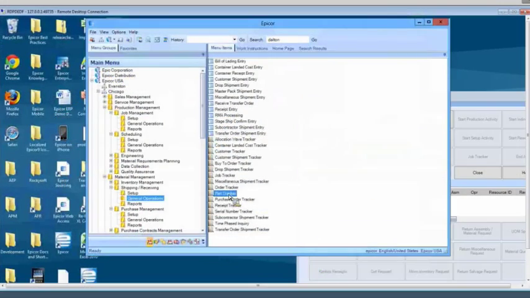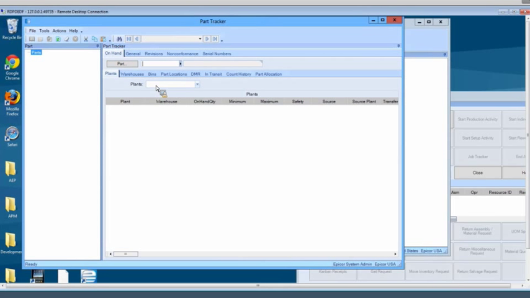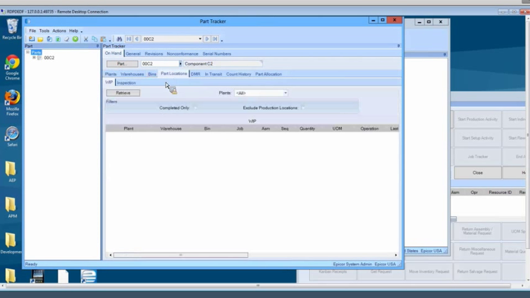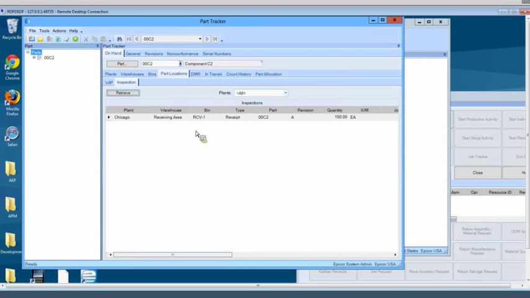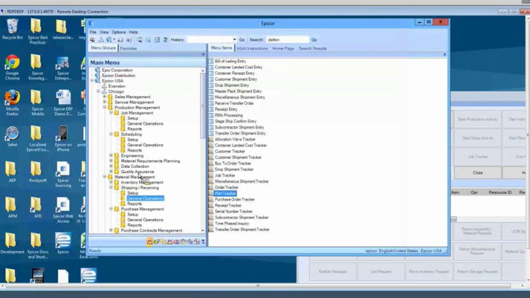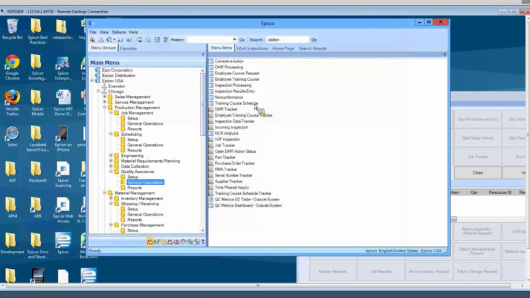Now, if we go to our part tracker, I was really ahead of myself there. Now, if we go to our part tracker and we look at our part locations, there they are. My pieces are waiting for me in inspection. So when we go to inspection processing,